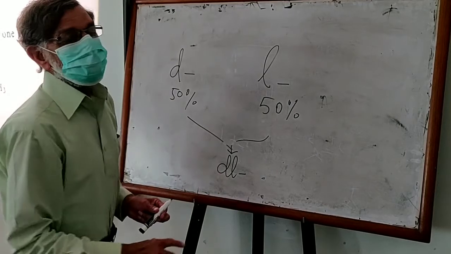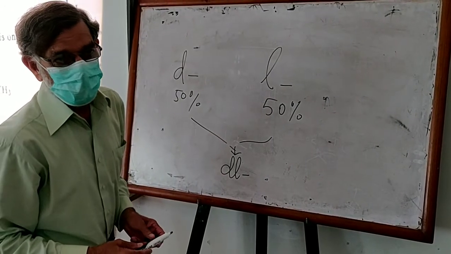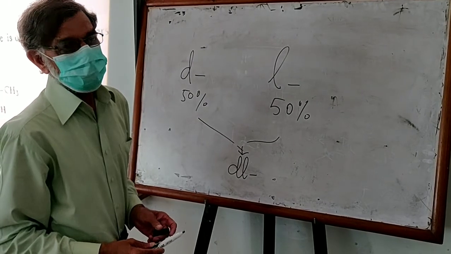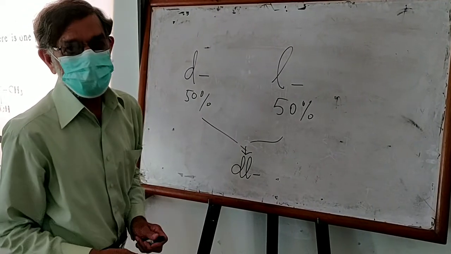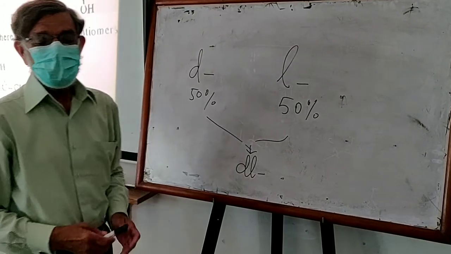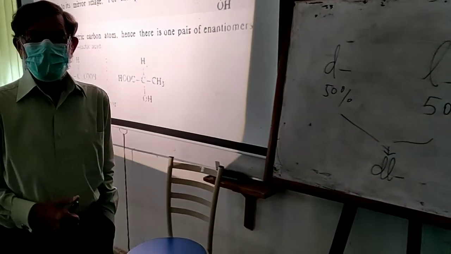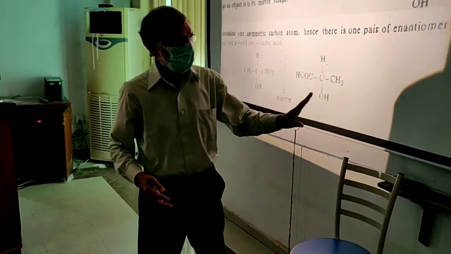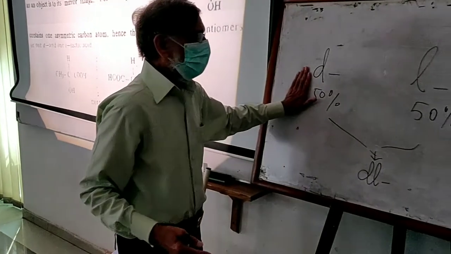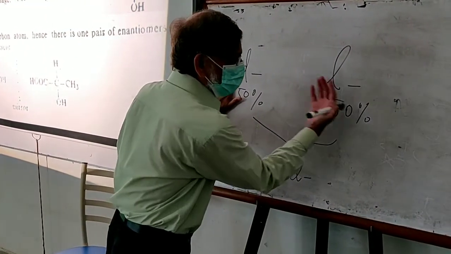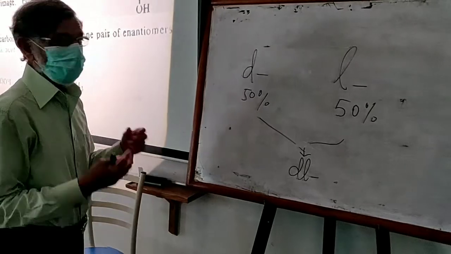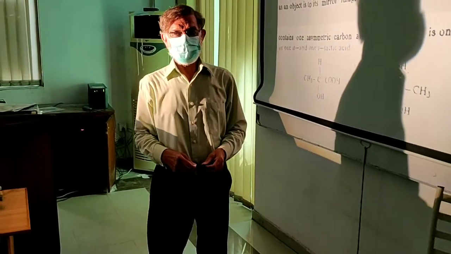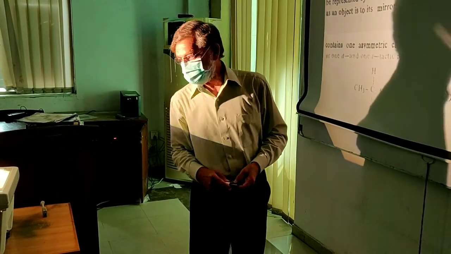If you could not understand this point, I've given you my telephone number. Please do talk to me in this respect. This is of crucial importance to be understood by you, because the pharmacist is the one who has to deal with these D and L forms, and one form could be a beautiful drug, while another form could be a poison. For that matter, we have to look into it. Again, if you can't understand this point, please do talk to me.